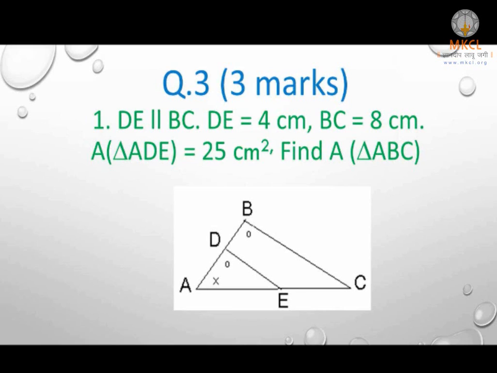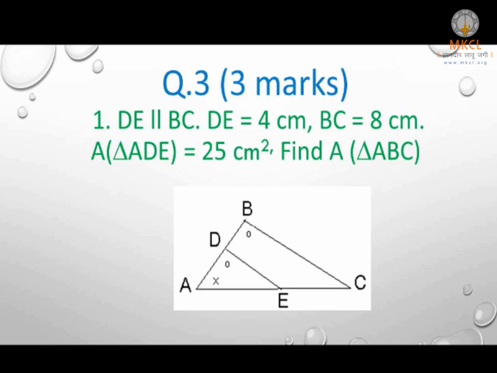You will notice that angle ADE and angle ABC are congruent because DE is parallel to BC, which is given data, and AB happens to be the transversal. Therefore, these two angles are corresponding angles and angle A is a common angle. Therefore, the two triangles are similar by the AA test, and therefore